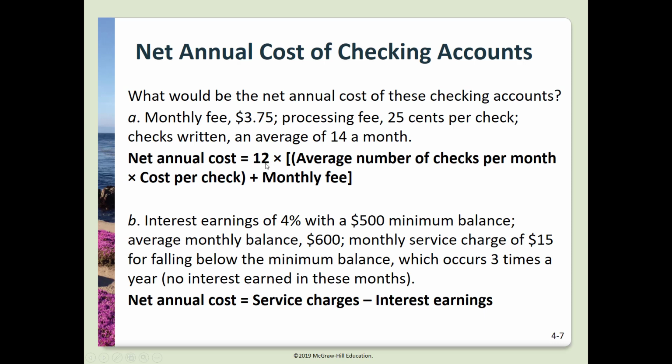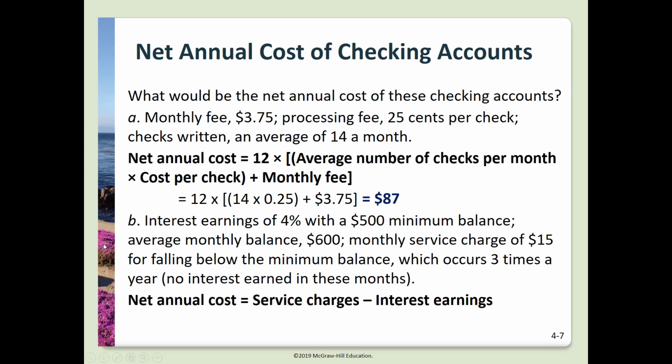We're going to take 12, because there's 12 months in a year, times, and in the brackets here, what we're actually doing is figuring out the monthly cost. So for our monthly cost, it first takes into account the average number of checks per month times the cost per check, and then the monthly fee to have the account. So that's where we'll take our 14 checks per month times the 25 cents per check, and then our monthly fee is $3.75. So we'll multiply these two first, then add the $3.75, and then take that amount, that's our monthly cost, and then multiply it by the 12 months in a year,